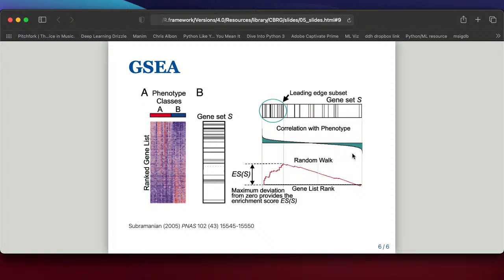We get rid of a lot of useful information, though. We're just giving it a list of genes, but then there's no information about fold change or p-values or anything like that. And another thing is we are arbitrarily supplying a list or a subset of genes.